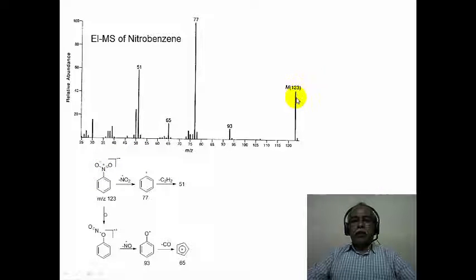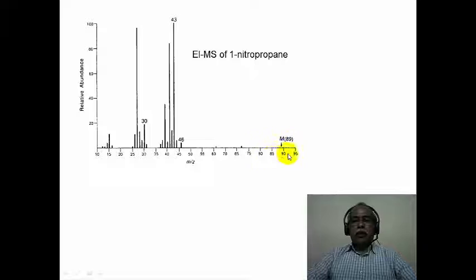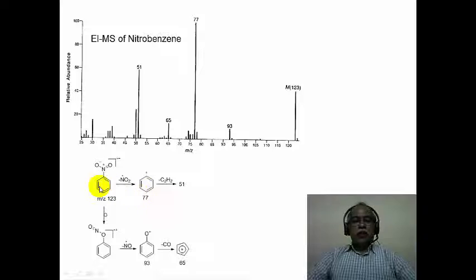On the other hand, if you look at aromatic nitro compounds, they do undergo fragmentation, but the molecular ion is registered fairly intense compared to the aliphatic nitro compound, where the molecular ion is not registered at all. So 123 corresponds to the molecular ion peak of nitrobenzene. Nitrobenzene can undergo rearrangement to give the phenoxynitrite kind of species. This is a simple nitrogen to oxygen rearrangement. Once it rearranges in this fashion, it can lose NO, which is a radical, and produce the phenoxycation. The phenoxycation can undergo loss of a carbon monoxide molecule to give a cyclopentadienyl cation, registered at 65, and the 93 is the phenoxycation.